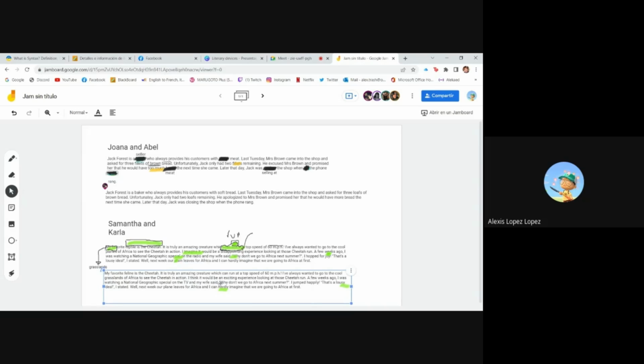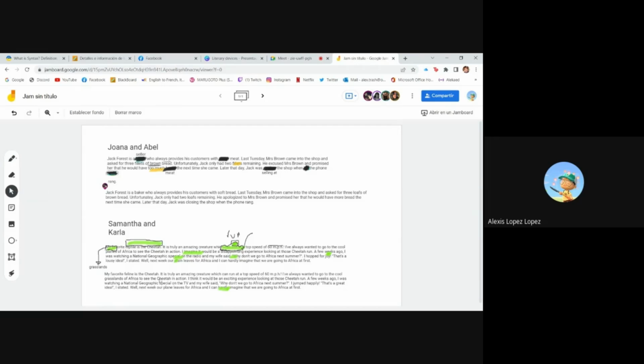And my wife said, "Why don't we go to Africa next summer?" I jumped happily. That's a lousy. Lousy is a word that is not commonly used, and it doesn't even relate to the idea. So how about we change lousy for "that's a great idea," I stated. Well, next week our plane leaves for Africa and I can hardly